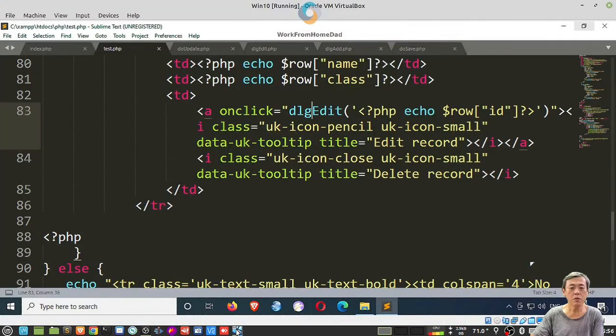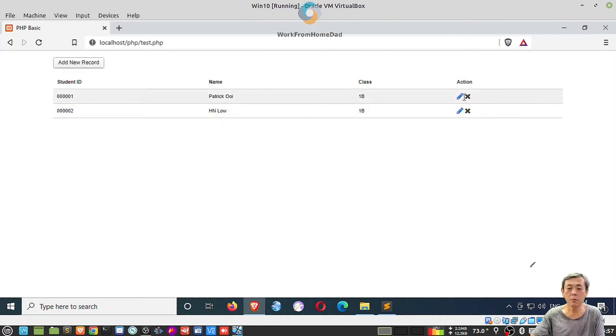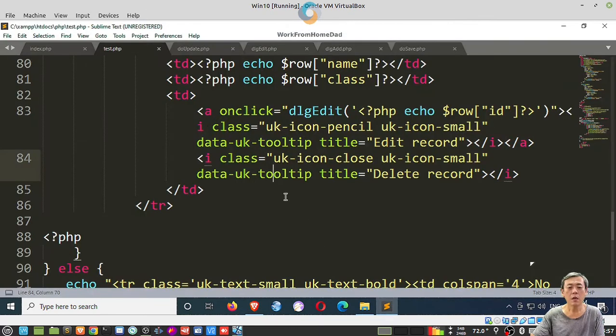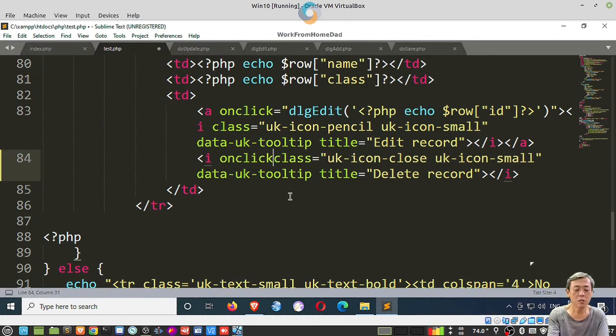Let me switch to Windows 10. Okay, so this is the icon that we are going to use. It's a delete record icon. So let's look at the web page, and this is the button. All right, delete record. Okay, so we are going to engage this